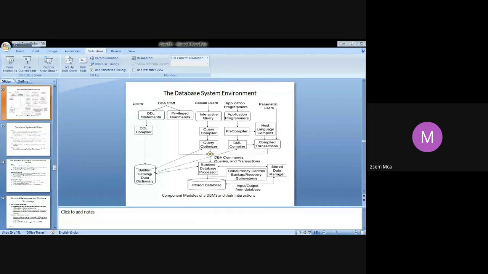Good morning, students. So let's begin the class for today. All right. So this is where I think we stopped in the last class. We were talking of the database system environment, right? So I told you there is a particular way in which you have to draw this diagram, and I had shown you how it can be drawn and how you have to proceed. So I thought I'll also share with you all a PPT slide of the same.